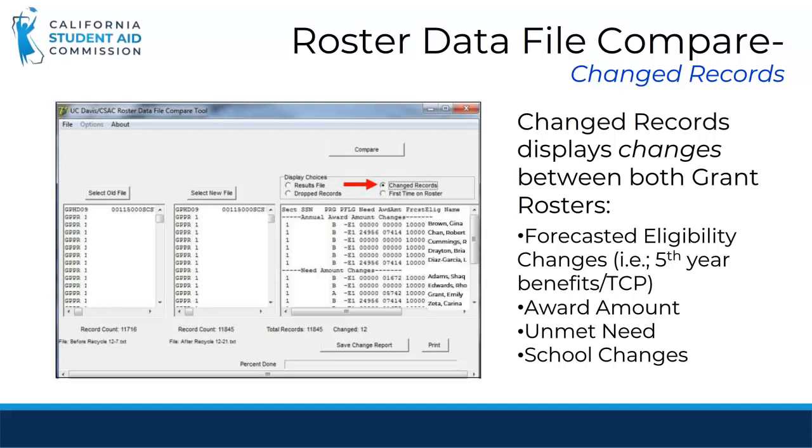In the Display Choices menu, you have different options. You can toggle between changed records, dropped records, or first time on roster. For this example, we will view changed records. We can see that there are changed records in both the annual award amount as well as differences in the